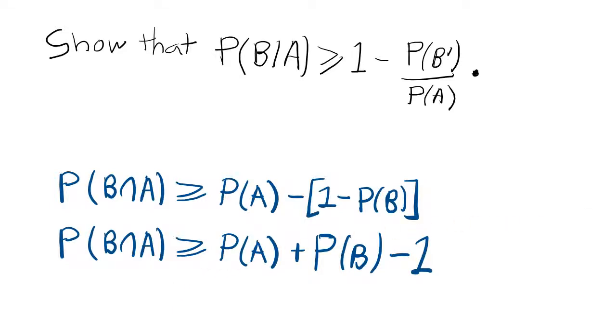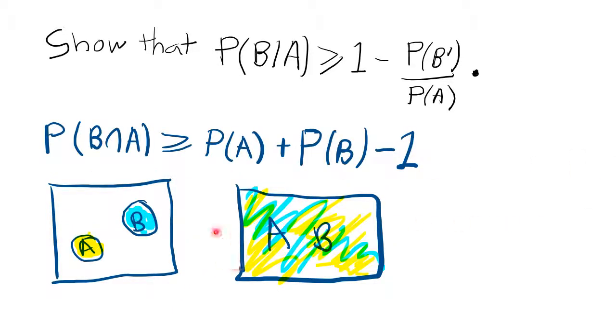So how can you do that? Let me show these two diagrams. The probability of B intersect A is really when A and B overlap. In this case, the probability of A intersect B is 0. These two do not overlap, so this term will be 0. But will 0 be greater than or equal to this term? Well, the probability of A definitely is not the whole space, and the probability of B is not the whole thing either, it is less than half of it. So these two will not add up to the sample space, and when we subtract 1, it will be